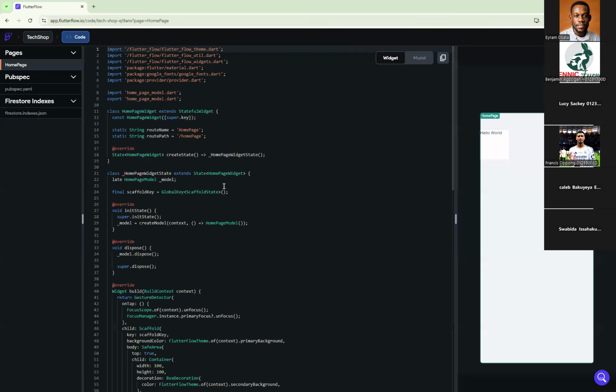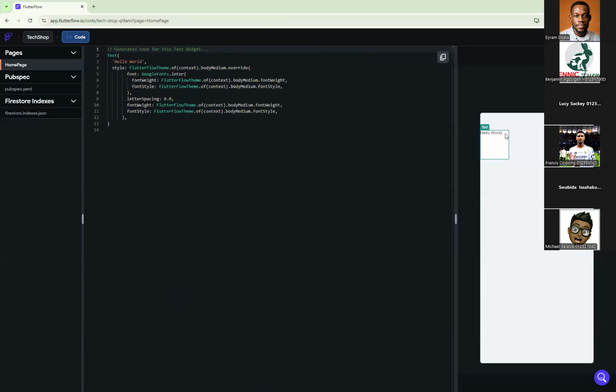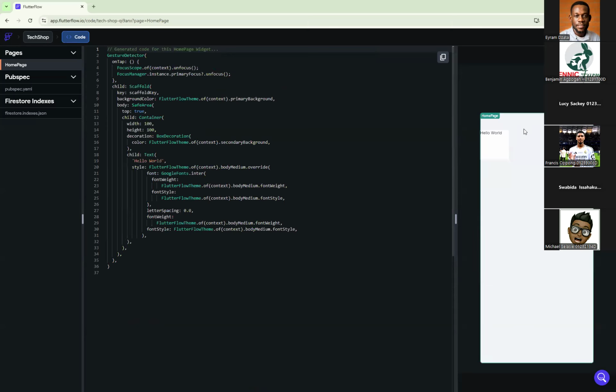All right. So this is the code to just this little thing that we've done. So you can see the interface here. By default we had the home page widget showing, and then we have the container, and inside the container we added a text. So this is a container, and we have a text inside the container. If you look at the code carefully, you can see